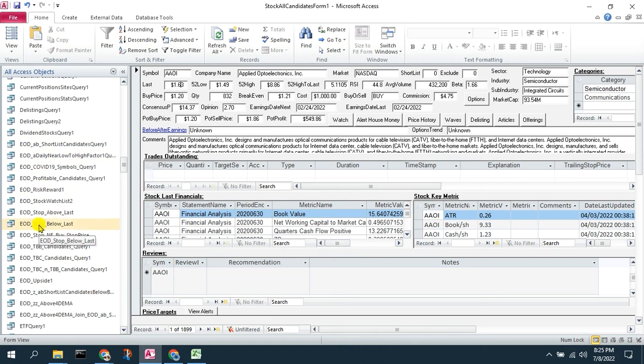Whatever selection of them I want to look for new stocks, new symbols to add to the watch list. So I'll show you several of these and how I use them to look for new symbols to add to the watch list. Okay, the first of these end-of-day queries that I run in our database that I want to show you is